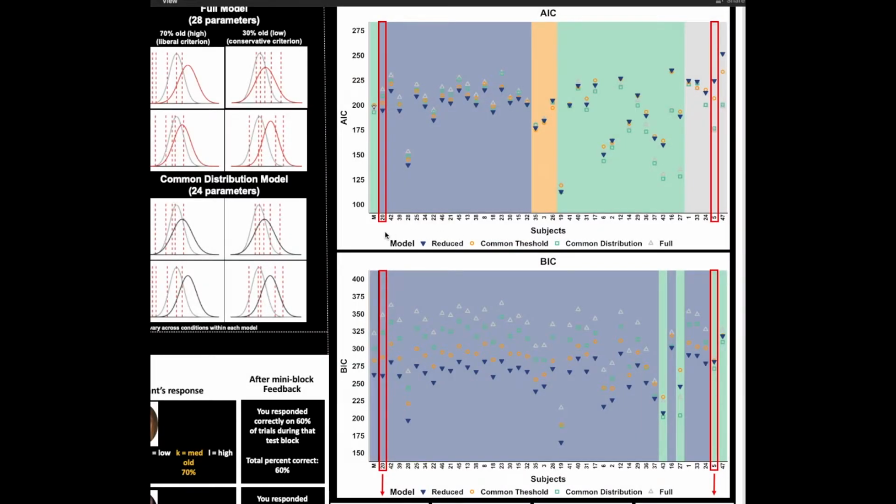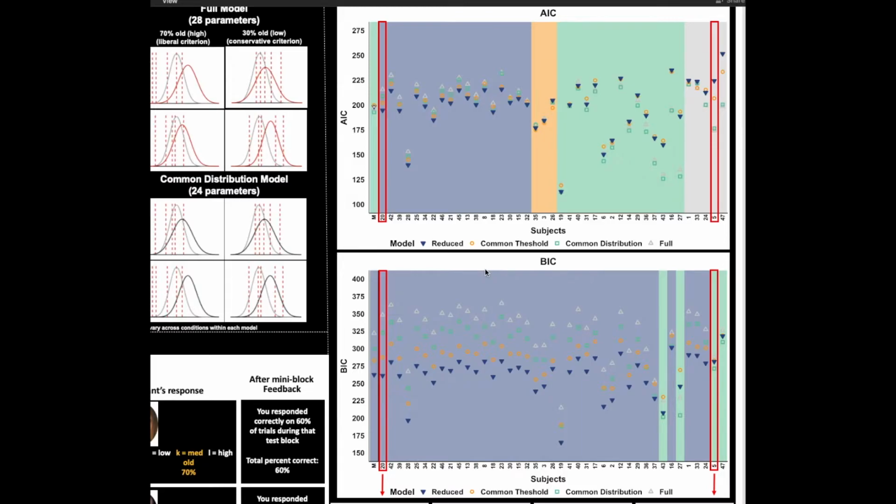We compared the 4 models against each other at the individual level. The lower the AIC or BIC value, the better the model fit. The AIC revealed that about half the participants in our study showed that the reduced model was actually the best fitting model, but other subjects did not show the reduced model or the signal detection theory model as the best